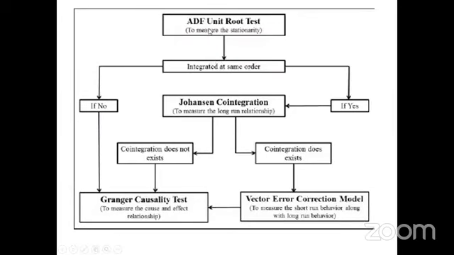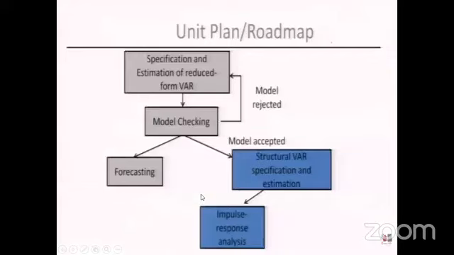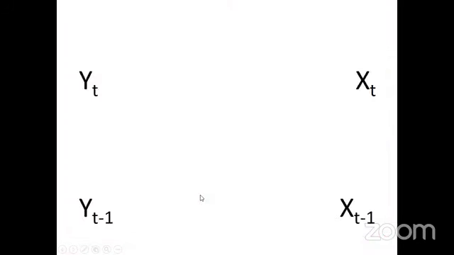We will carry out the unit root testing to check if they are integrated of the same order. If yes, we will go for Johansen cointegration. If cointegration does exist, we will be running VECM. If it does not exist, the bounds test or Granger causality is used for the further process. This we will see. Now, this is how I have understood it is working.